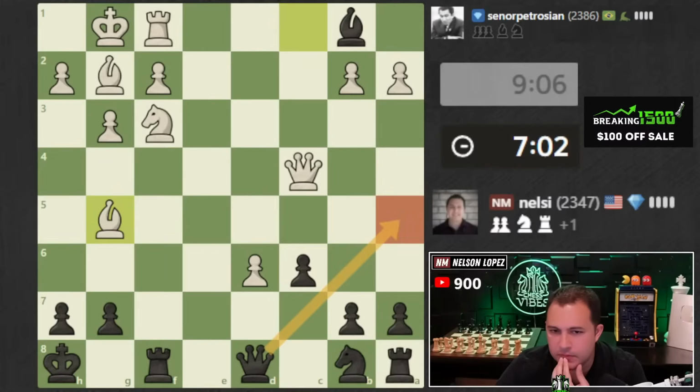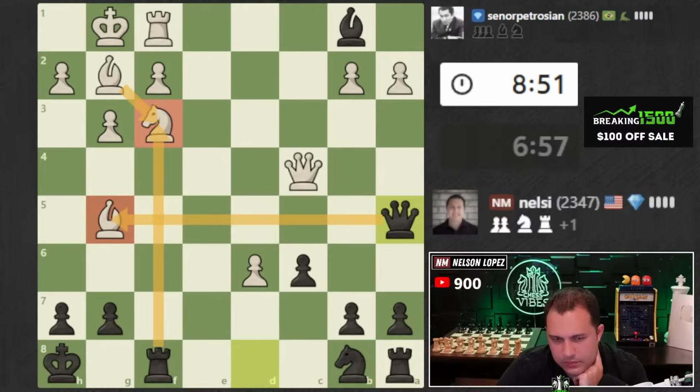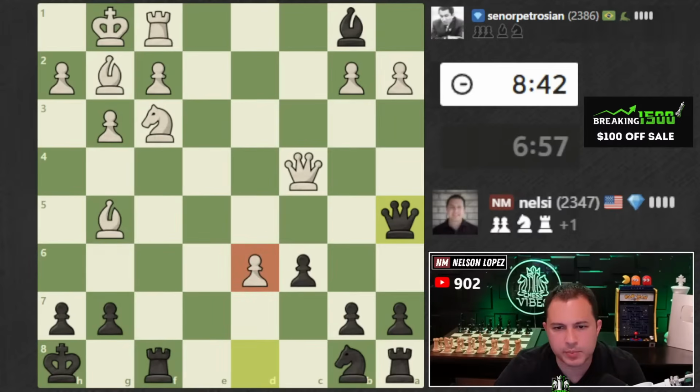Queen a5. Yeah, it's probably my best chance. Okay, sometimes you have to just make these decisions and hope that they work out. So he's going to take the bishop. Technically, I'm only down a pawn, but it's a really dangerous pawn. That's the problem, right? Now, if we can somehow sink my knight somewhere...